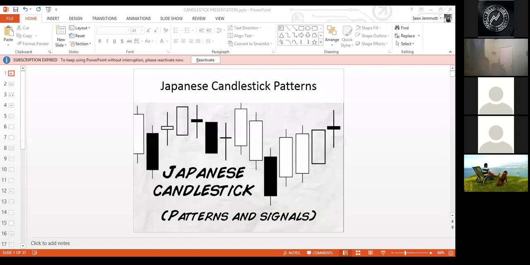Just for namesake, as we start, we're going to get into Japanese candlesticks. This is a technique that was developed a very long time ago, between, I think, the 16th and 17th century. If I am correct, the guy's name is Mr. Munishima Homa. I will see if I can share my screen so that you can have an appreciation for who I am talking about. Right, so this guy, Mr. Munishima Homa, was in the 16th and 17th century in Japan a very, very wealthy rice trader,